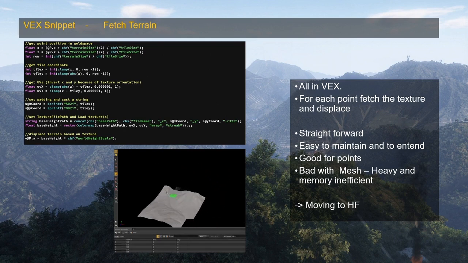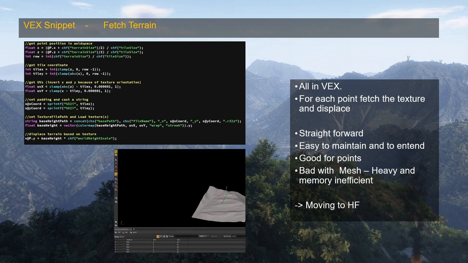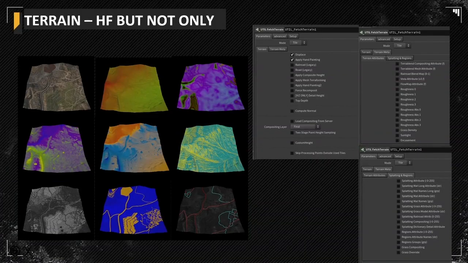But you'll see that we have many layers. So at the end, it's a lot of stuff, because yes, we have a lot of layers to the terrain. That's our fetch terrain node. So that's how we get the terrain. And you see that we can get the terrain, but we can get the sunlight, we can get the texture, we can get the road, the flow map, pretty much everything we are going to need to scatter all our instances on top of our terrain.